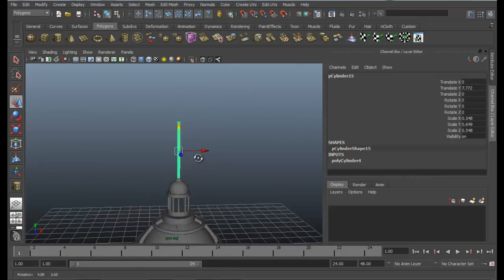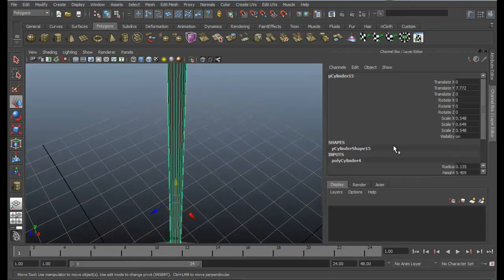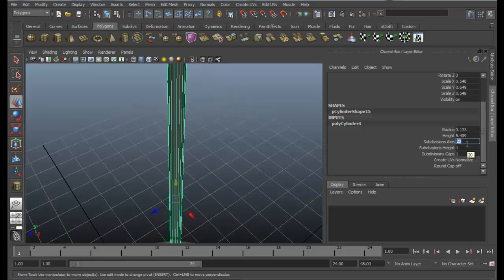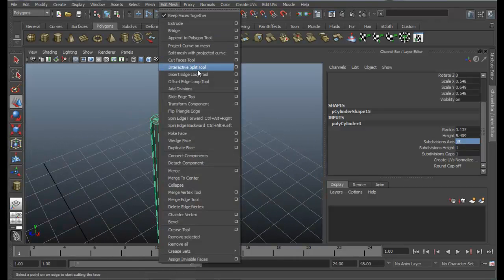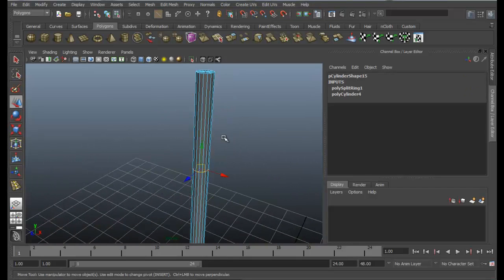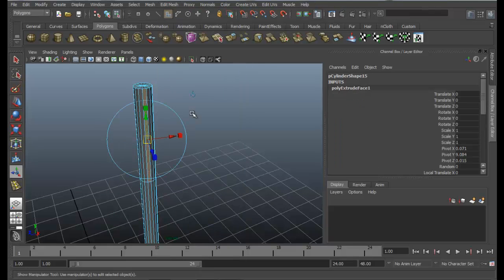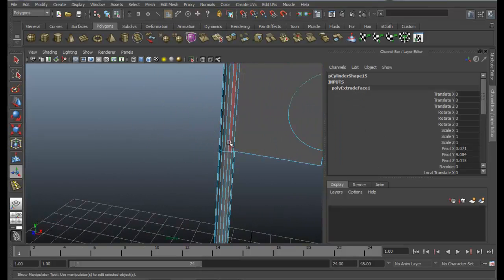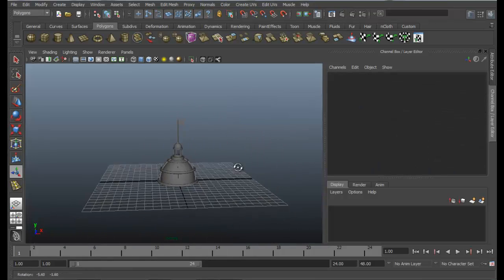Now what we can do is decrease the subdivision to about 15, and then edit mesh, insert edge loop about at the half, select the side edge, or you can even select the face and then extrude just to create a flag. Okay, and that's great.